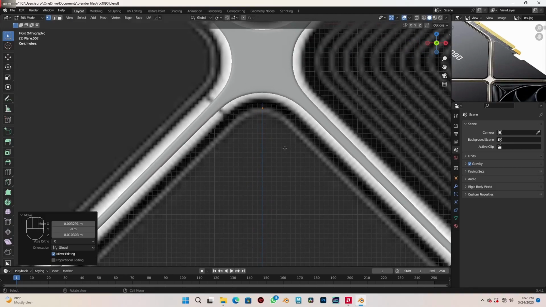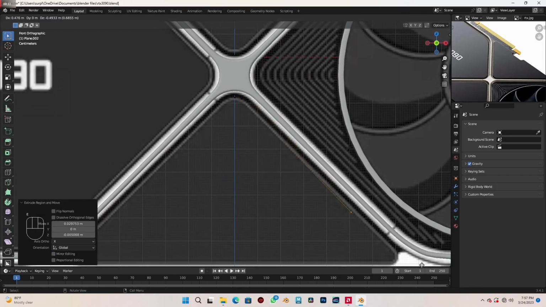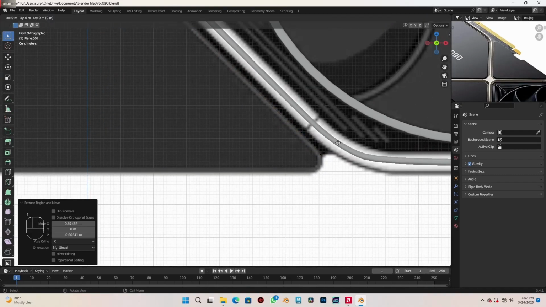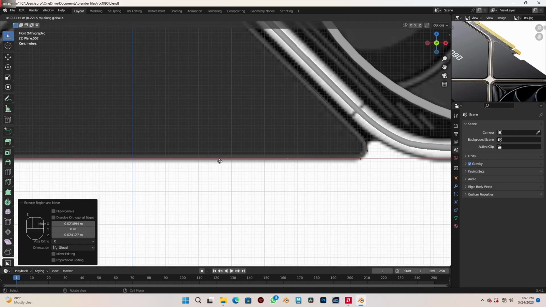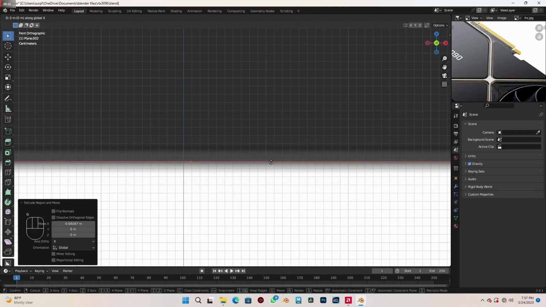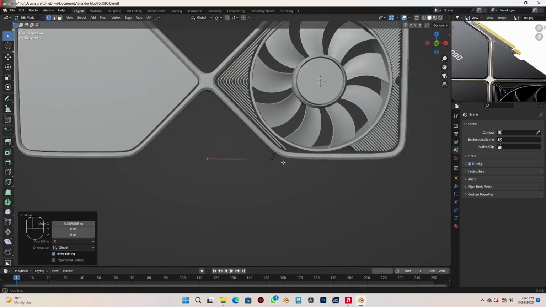Okay, so let me just extrude these, just trace out this shape. Just bring that over here to the z-axis line. Alright, so